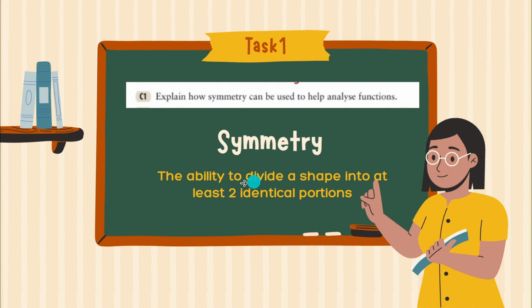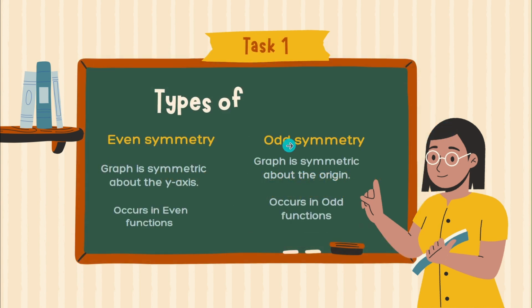So what is symmetry? Symmetry can be described as the ability to divide a shape into at least two identical portions. There are two types of symmetry. The first is even symmetry, which involves the graph being symmetric about the y-axis, and it also occurs in even functions. The second is odd symmetry, and this involves the graph being symmetric about the origin, and it occurs in